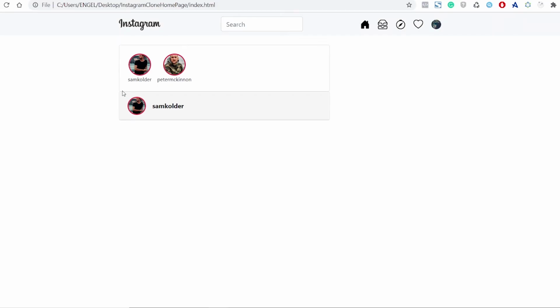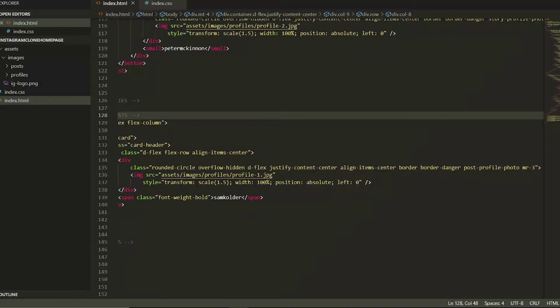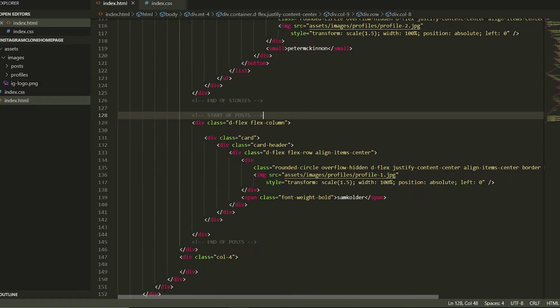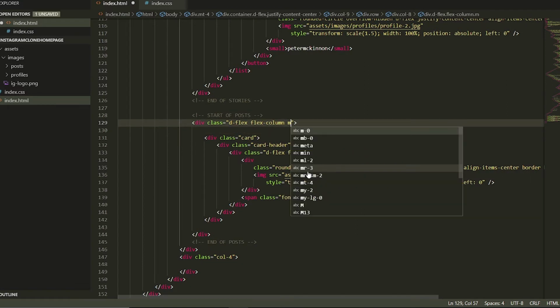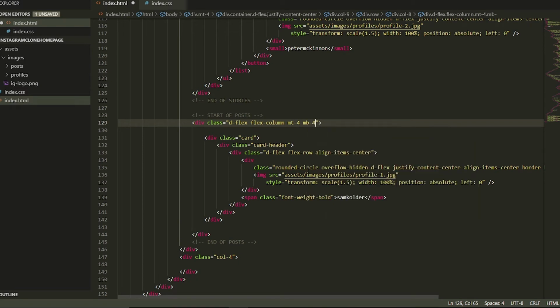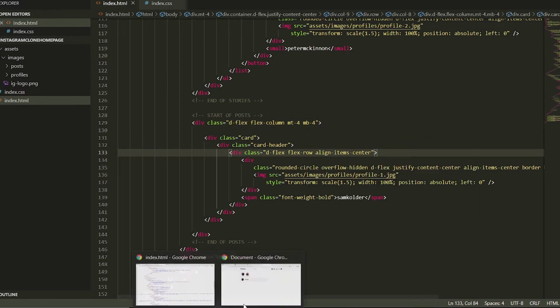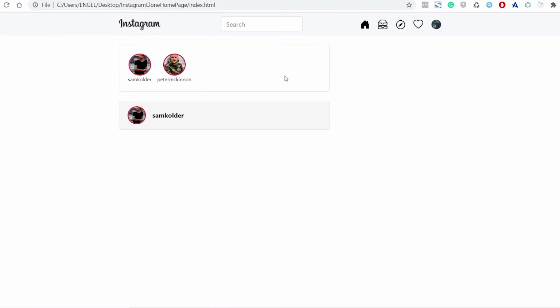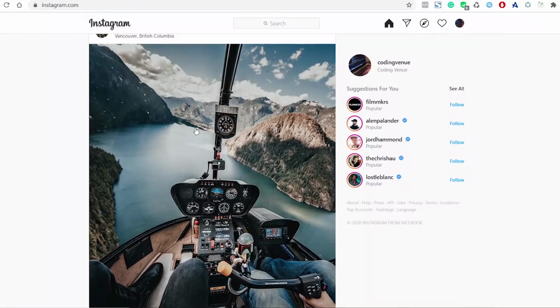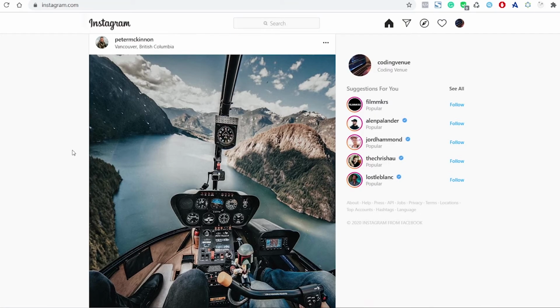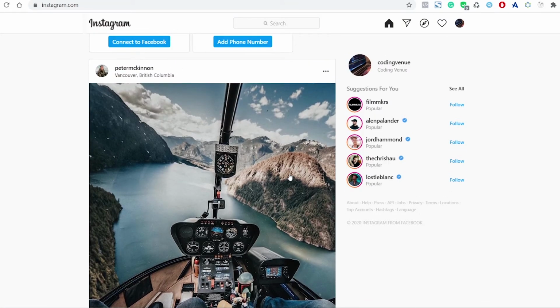So now we want to add some space between these two cards. Here on the start of post, I'm just going to say margin top of 4, margin bottom of 4 as well. So this will give us this result here. Okay, perfect. Now we want to add this image for the post, and for that we are going to use